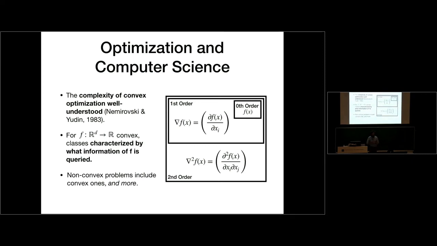They did so by asking the question, what is it about your function? What information about your function is the method exploiting? Is it just using the function values at certain points, in which case one would call that a zero order method? Is it also using derivatives at certain points, like gradient descent, in which case they would have called it a first order method? Or is it also using second derivatives at that point, and so on up the hierarchy? It turns out that depending on the information that you use, you can delineate these lower bounds, and these complexity classes are very well understood.